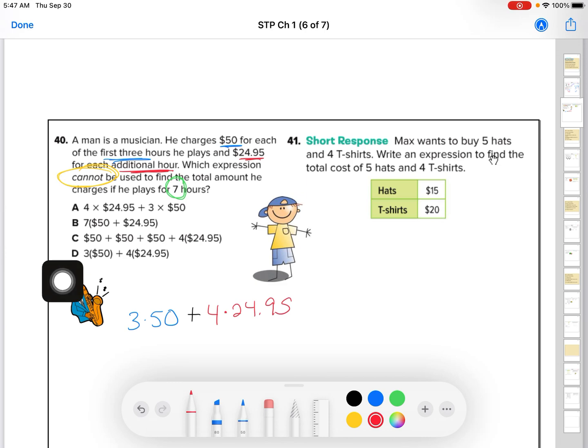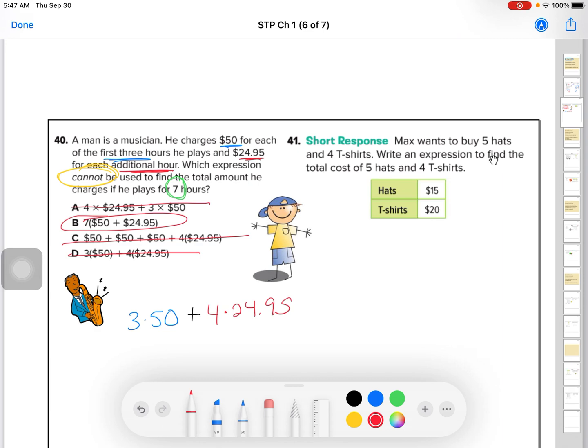So now I have to look and see which one of these cannot be used. So which one of these are not like this? Well, what I wrote here is identical to D, so I can get rid of that. And also very identical to A. They just have 2 different ways of writing the multiplication. Now I have to choose between B and C. And C, I can see that I still have my 3 50s, and then 4 times $24.95. They just didn't write it as a multiplication problem. B would be then the one that cannot be used